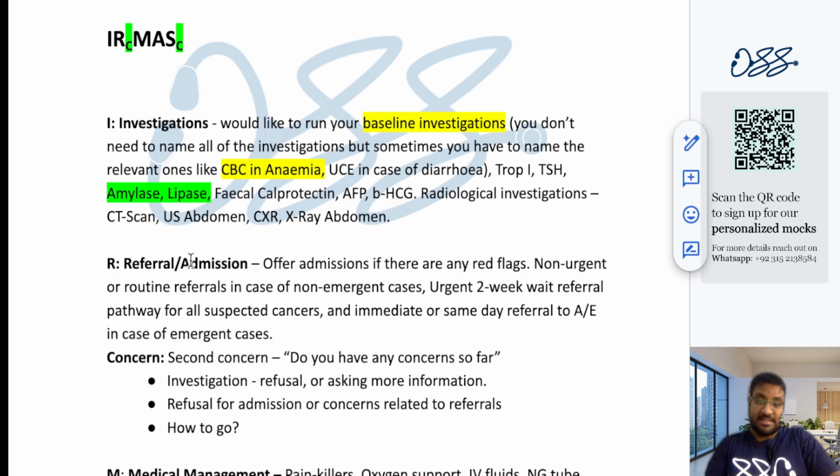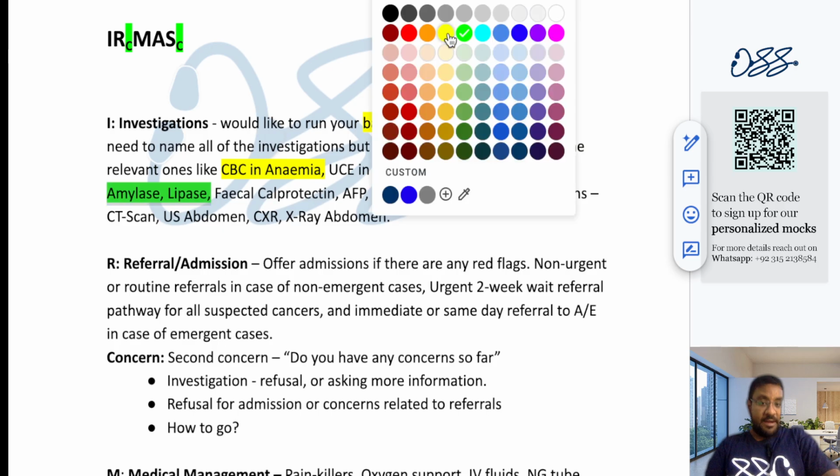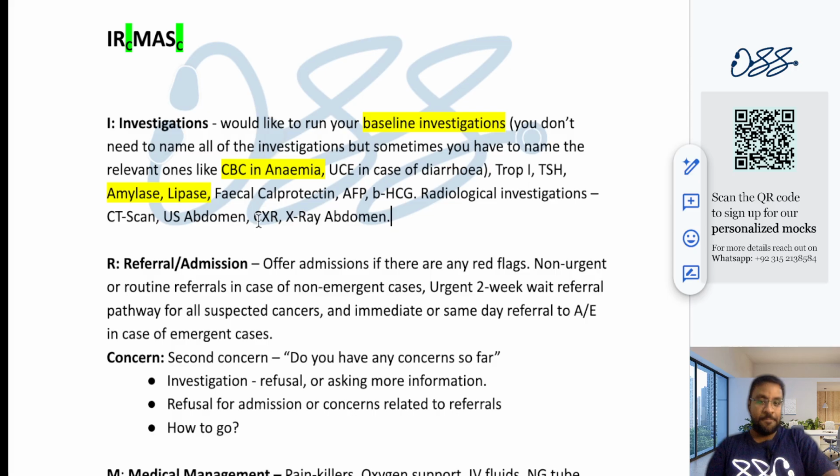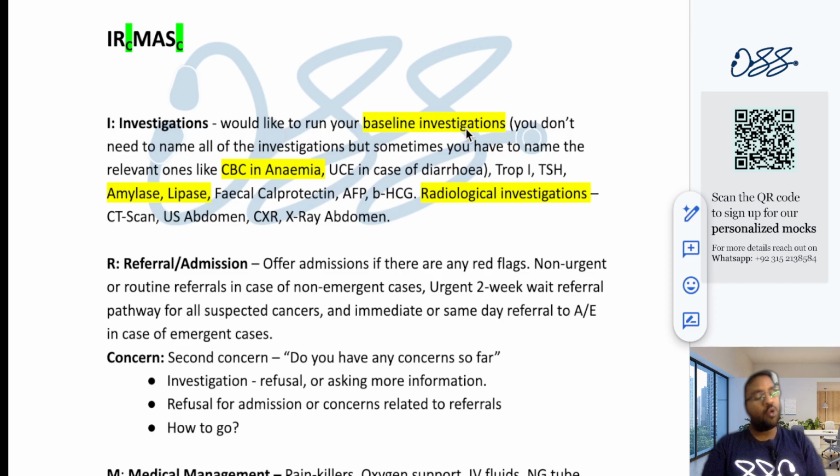You might want to run a CT scan in a patient with subarachnoid hemorrhage. You might want to get an ultrasound abdomen done in case of appendicitis. A CT scan can also be done in case of appendicitis. Chest X-ray is a very common investigation that you may offer. So never forget the radiological investigation. What a lot of people do is they just talk about the laboratory investigations, and then they're like, okay, fine, I'm done with asking about investigations, and I don't need to think about the radiological investigations. But in a few cases, the radiological investigation may also be very relevant, so do not forget to order that.